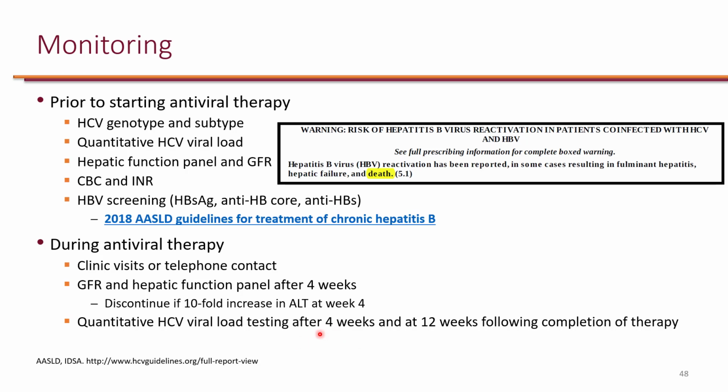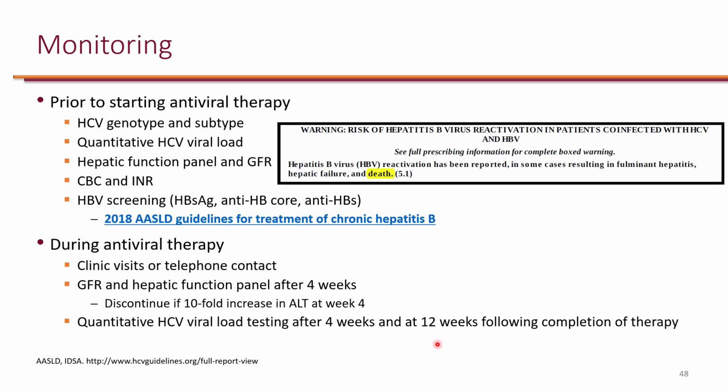especially since these agents are expensive. So it's important to assess the patient's viral load at week 4 to make sure the patient is responding. And if the patient is not, it could also be due to lack of adherence. So it's important to assess adherence if the patient is not responding by week 4, to make sure that resistance doesn't emerge during therapy. And then we need to get one last viral load 12 weeks after completion of therapy,